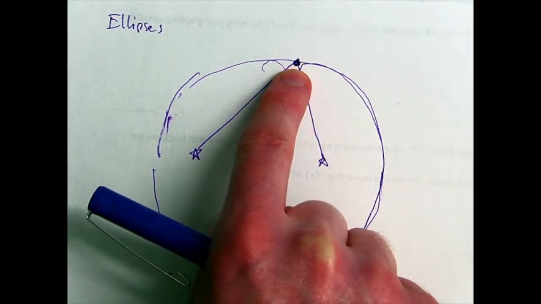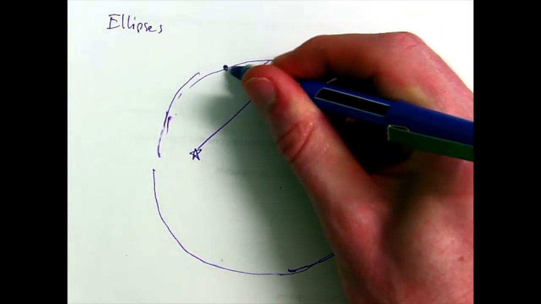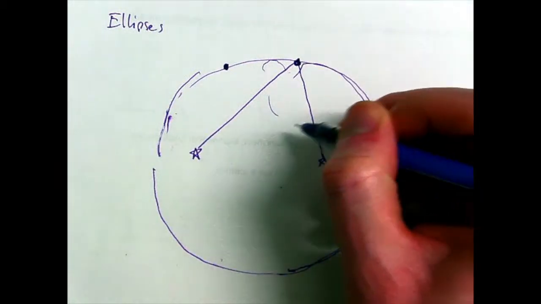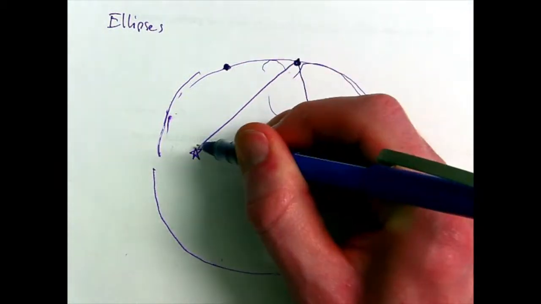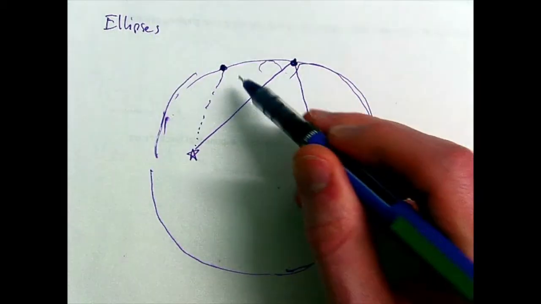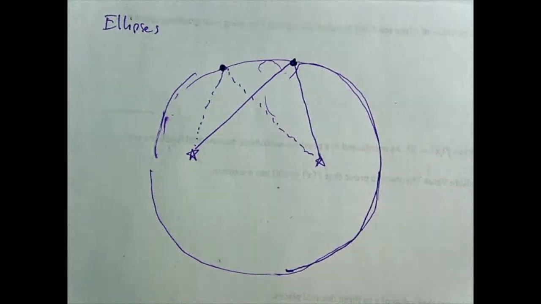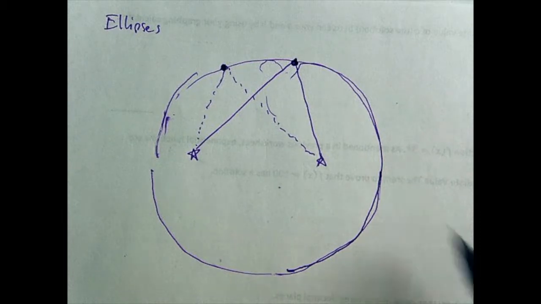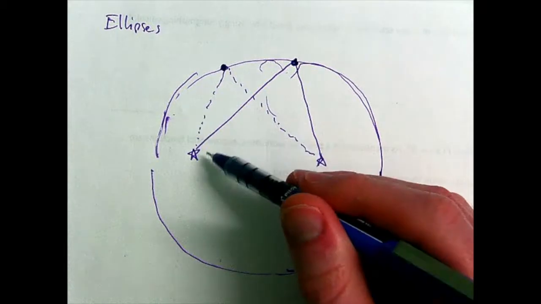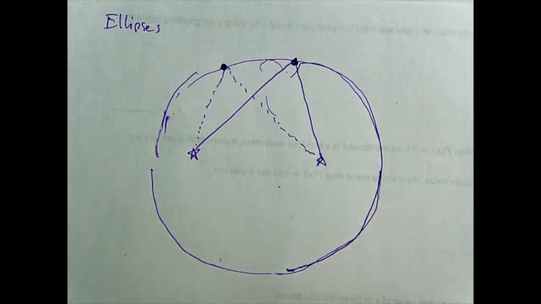no matter which point on the ellipse you've picked. For example, if I pick a new point over here, and I'll use dotted lines this time to distinguish it from the first lines. If you pick this point right here and look at the distance from this point to the first focus, and look at the distance from this point to the second focus, if you add those two lengths together, it'll be the same as what you got the first time. That is, the sum of the lengths of the two dotted lines is the same as the sum of the lengths of the two solid lines, which of course makes sense with the string,